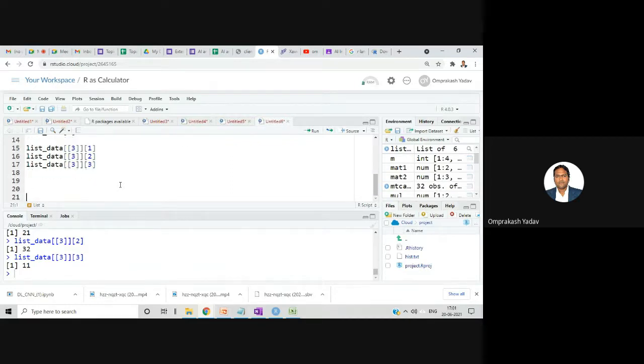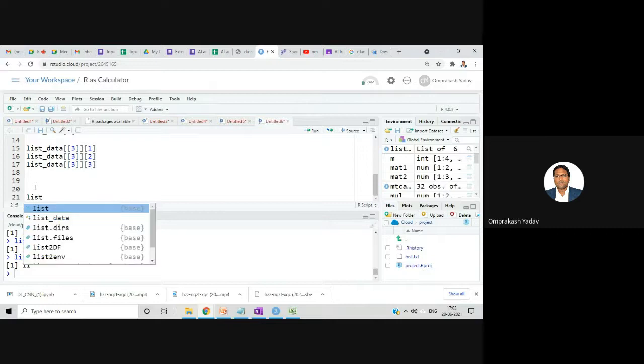Then let's say we can create a matrix as well as a list, right? And what we will do, we will create one list. In that, we can mention one vector, and then one matrix we will create, and one list we will create. So we'll create in this way. It's list.